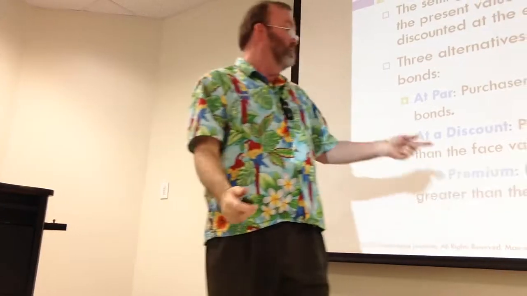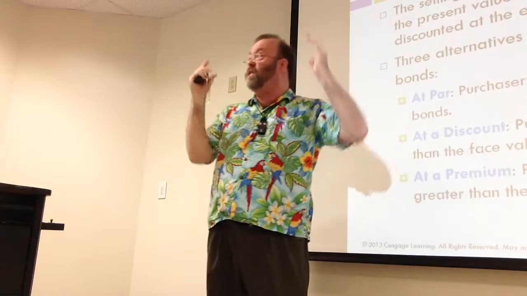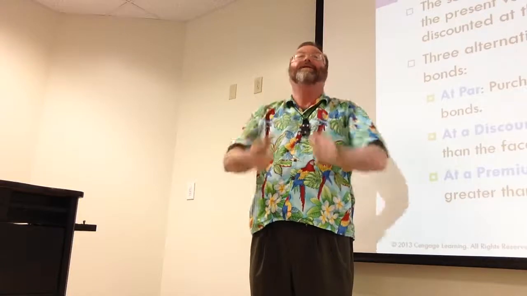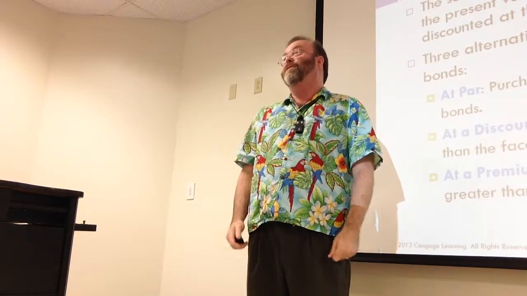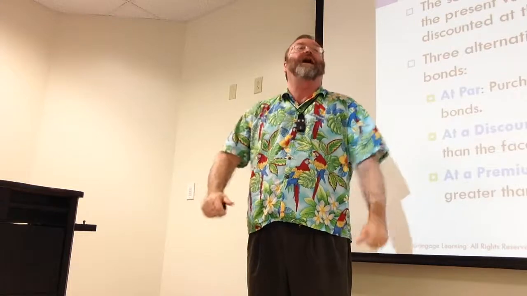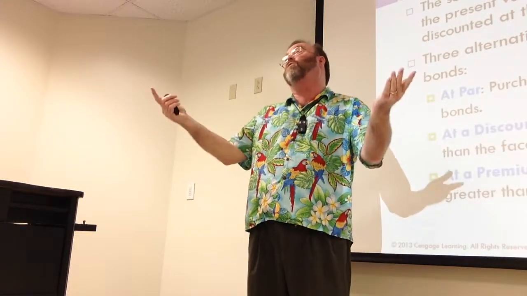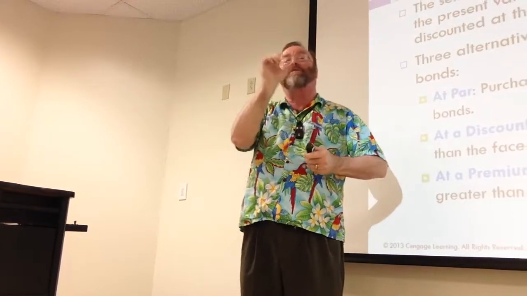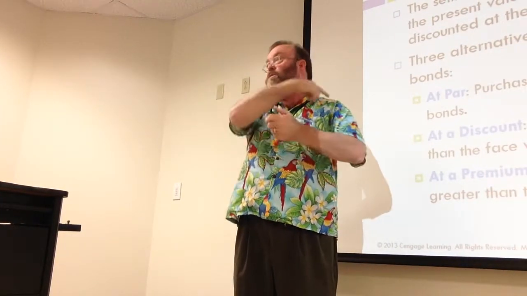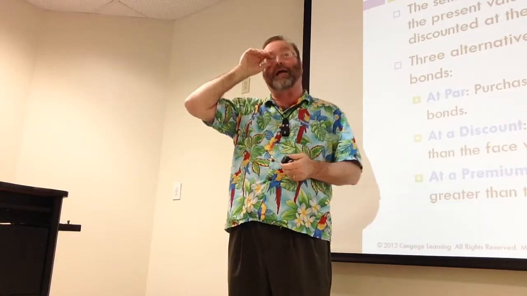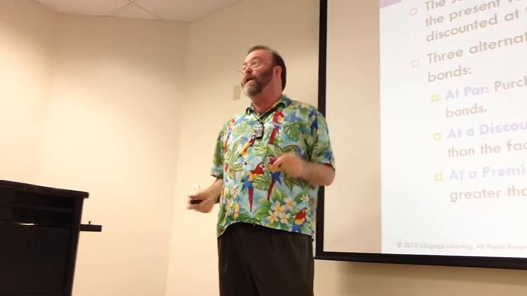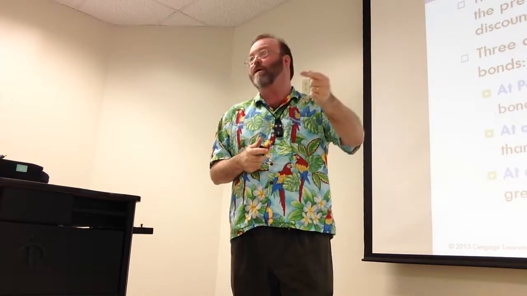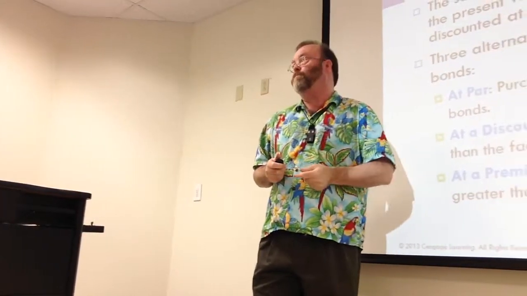The opposite is true. If the market only needs 7% and you, in your infinite generosity, are giving them 8%, they'll reward you. Because they only wanted $70,000 a year on that $1 million and you gave them 80. So it'll sell at higher than 100. And we'll determine here in a second exactly how much more and how you calculate that. All right, does everybody understand that basic premise? It's either going to sell at par, at a discount, or a premium.